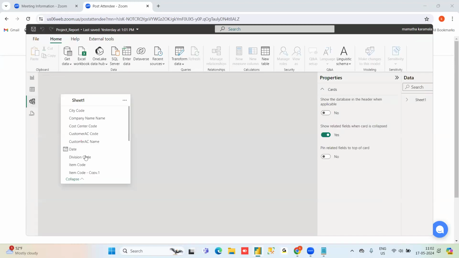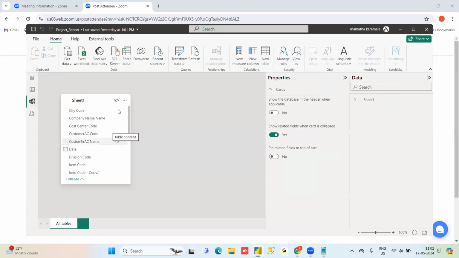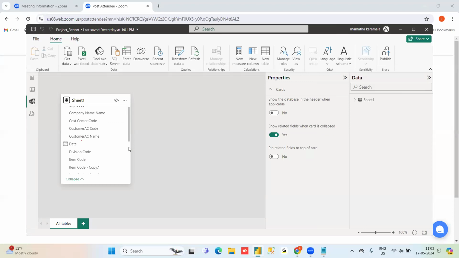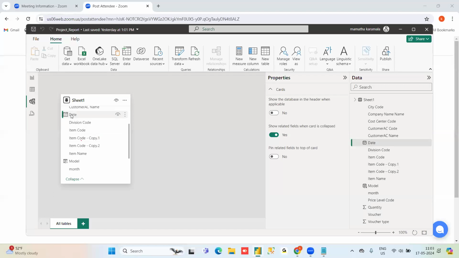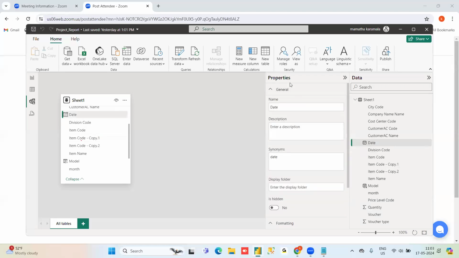You can see different formattings, but we can do it in multiple places, but I will show how to do that. This is only one table I have done. What is my date related? Please select this particular thing, go to the properties, and here, how you want.